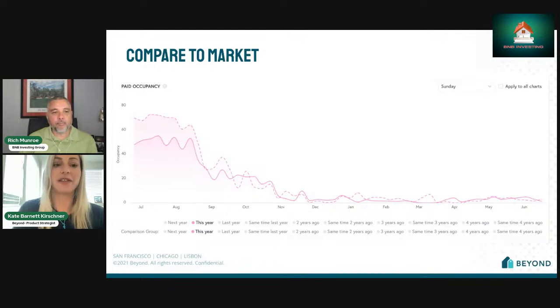Exactly. Now, I think the interesting thing now is so many people are using some sort of dynamic pricing tool. I think last I looked at some of the data, it was around 50% of the market using some sort of dynamic pricing tool. Now, dynamic pricing is going to automate a whole lot, right? Because it's looking at occupancy by every day of the week. It's looking at historic seasonality. But I think the way to up level now, it used to be you could get a dynamic pricing tool and you're way ahead of your competitors. Now it's how do you customize the strategies in there to make sure that you're